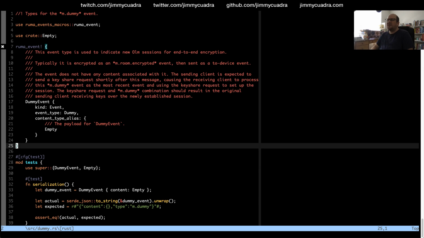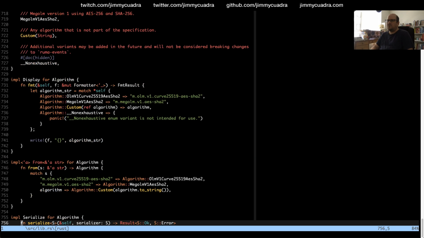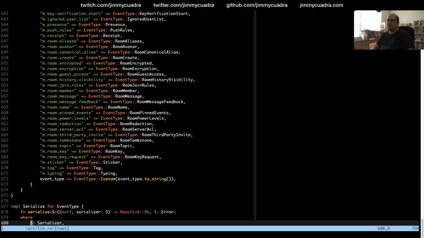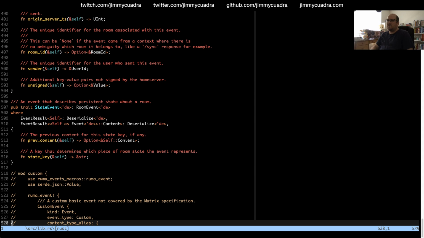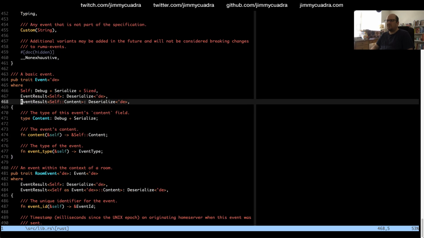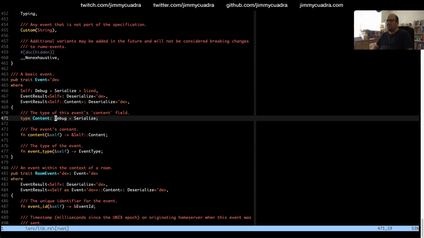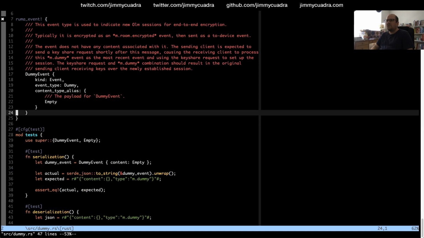So the problem is that I have specified here. Where's the trait? Where are the event traits? Yeah. So I've specified here that the content type has to have an implementation of deserialize into event result, but that's not the case for this.